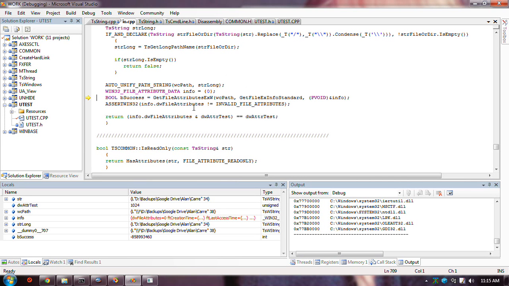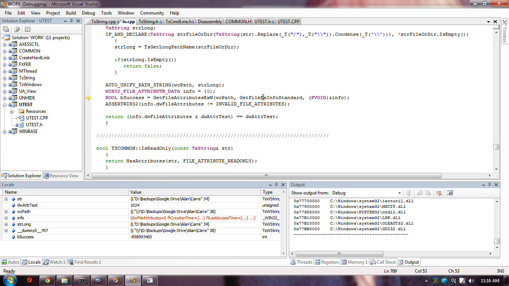Now this is a special function that gets extended attributes. There's another function called getAttributes, but the getAttributes function doesn't tell you about all of the attributes, it turns out. In particular, it doesn't seem to tell me, as I recall, about this reparse. Well, it definitely doesn't. I'm sure it doesn't.